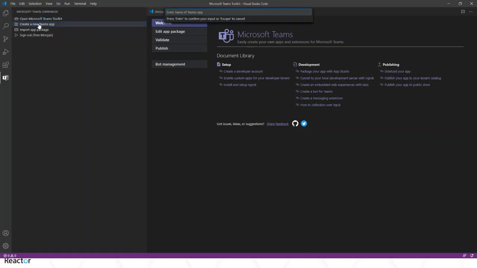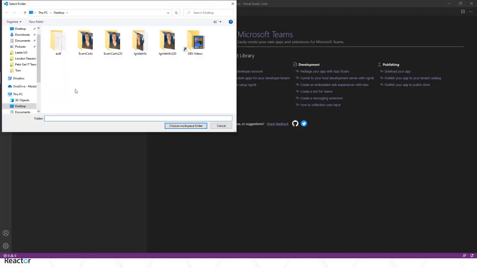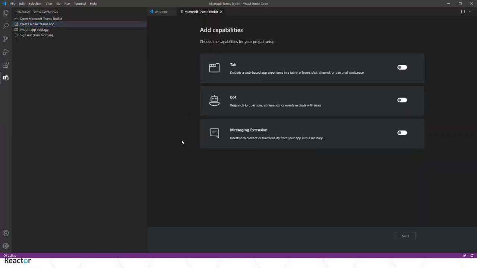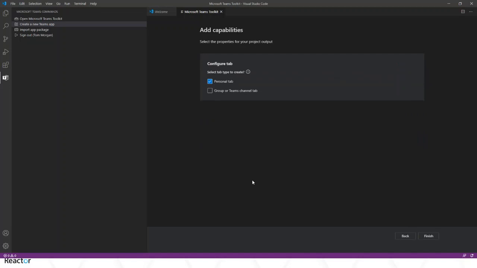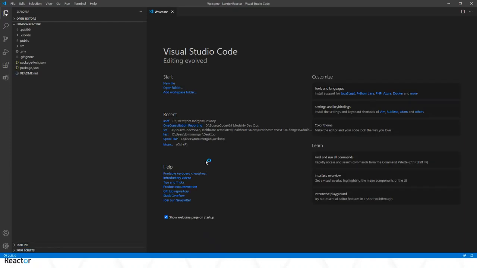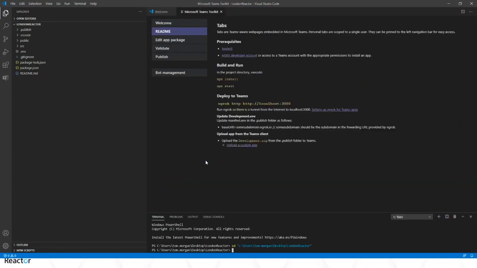When you're ready, you can say create a new Teams app. Let's give it a name. Call mine Random Reactor. Yeah, why not? And now I just choose what it is I want to make. Do I want to make an application that is just a tab, or a tab and a bot? I'm just going to choose just a tab for now to keep it simple. Then choose some kind of criteria for the particular thing you've chosen. In my case, I'm just going to keep it as a personal tab and click finish. What it's then going to build is all the stuff I need, and it's also going to generate a Teams manifest file so that I can drop it straight into Teams. It's given me everything I need to actually start running it locally.